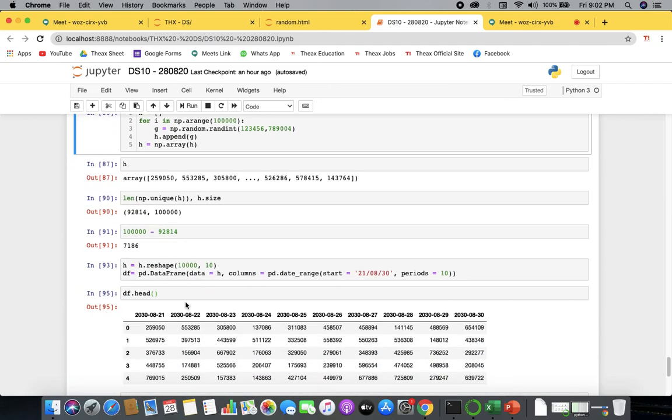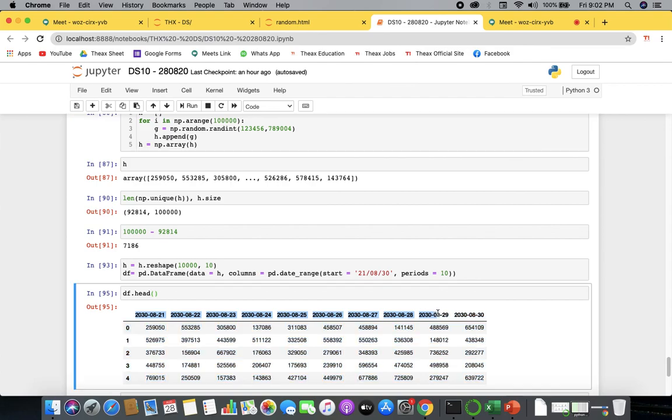If you don't give anything inside the columns, you will get the columns as a b c d, or like 1 2 3 4 and so on. Accordingly, you'll be getting the things. That is how it works. So I believe that